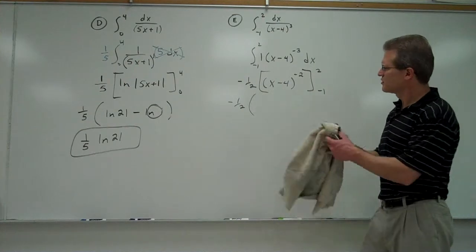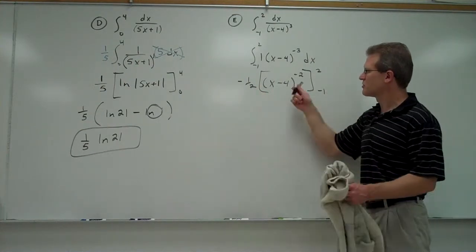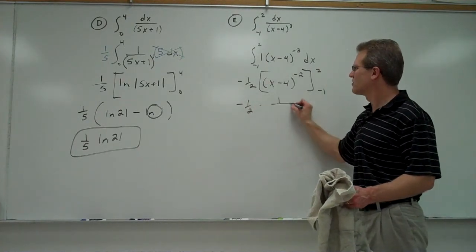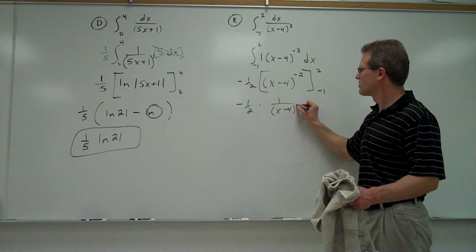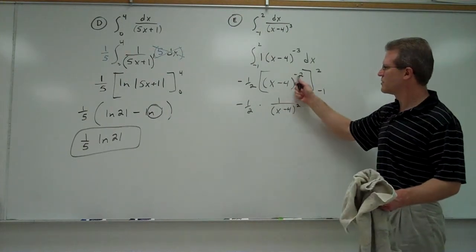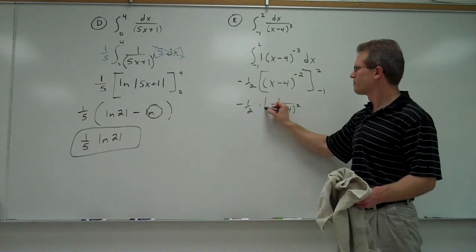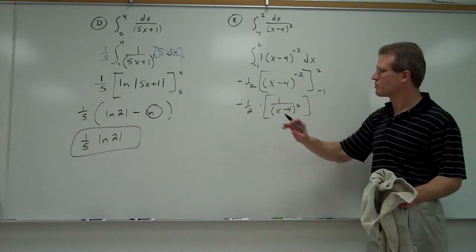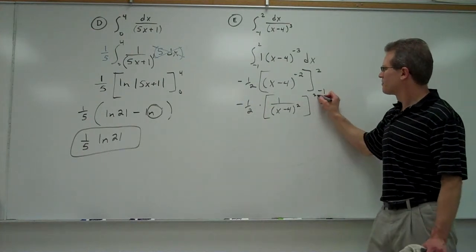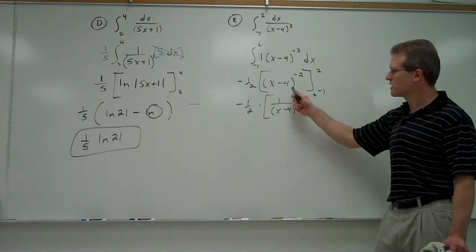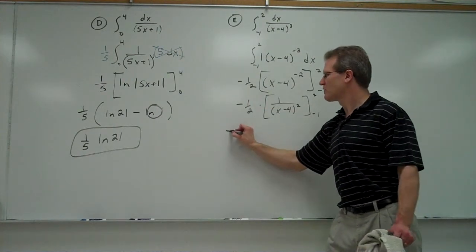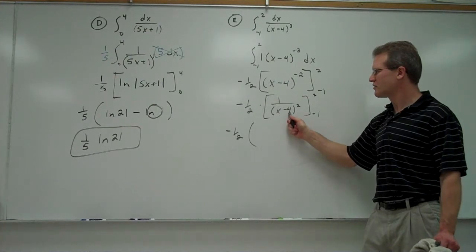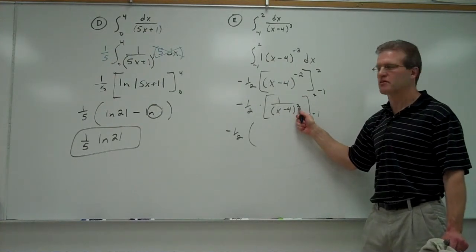Oh, you know what? Let's rewrite this. I don't like to try to plug numbers in when there's a negative exponent. Let's rewrite this as negative 1/2 times 1 over x minus 4 to the positive 2. You could multiply by half right now, but I'm just going to wait and multiply by the negative 1/2 later. I just think people make fewer mistakes when they get it changed back to positive exponents. So you're going to have negative 1/2 times, plug a 2 in here, so 2 minus 4 is negative 2 squared. What's negative 2 squared? 4. So you get 1/4